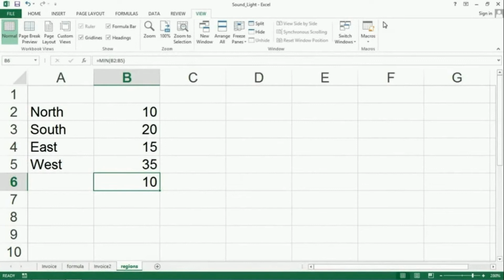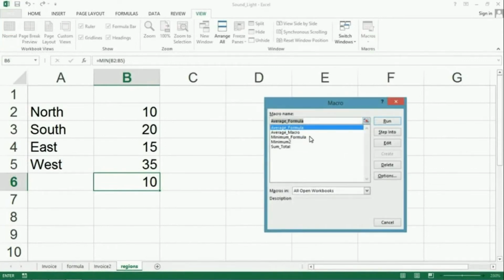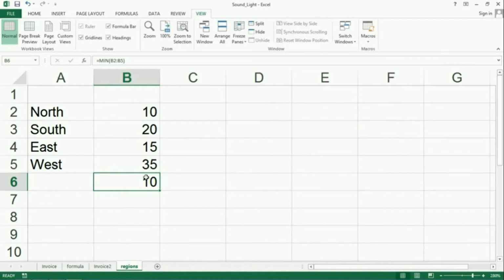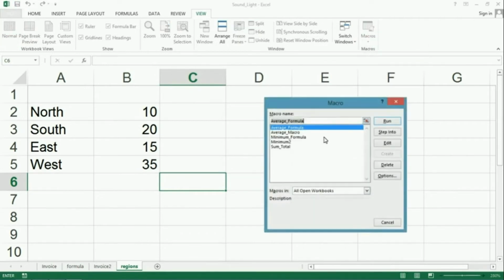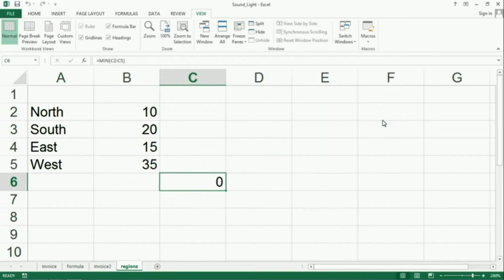Okay, now I'll just check my macros here by going to view macros. Got a few coming up here now. So I want to run the minimum 2 here. I'll just cancel this for the moment. I'll just get rid of the formula that's in there. Okay, I'm in B6, which is correct, but let's see what happens when I go to C6 this time and go to view macros and try and run the minimum 2 macro, and I have an answer of 0